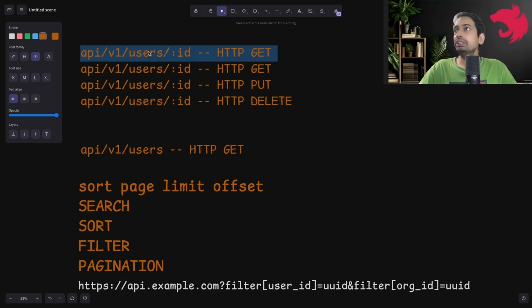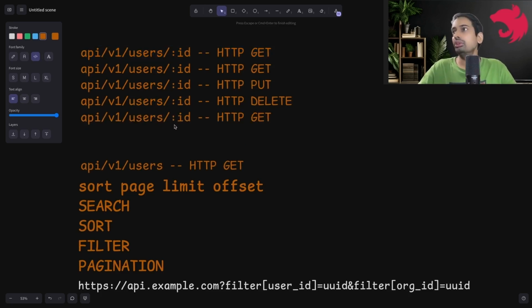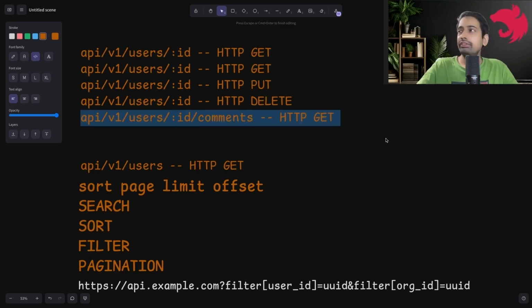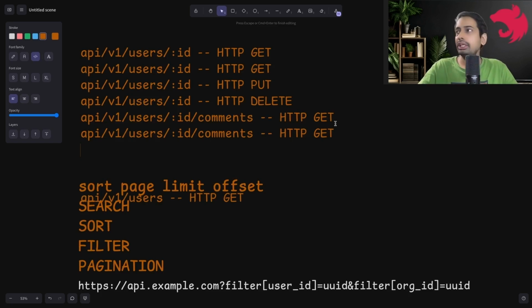Further, if you want to build something like, okay, I want to get all the courses which are assigned to this user, or all the comments which this user has already created, right? This can give you what? Give me all the comments which have been created by this user ID. So till this, okay, list of all the users, then we are talking about one particular user, and then give me all the comments from this user where the user ID is this. So this is API resource naming.